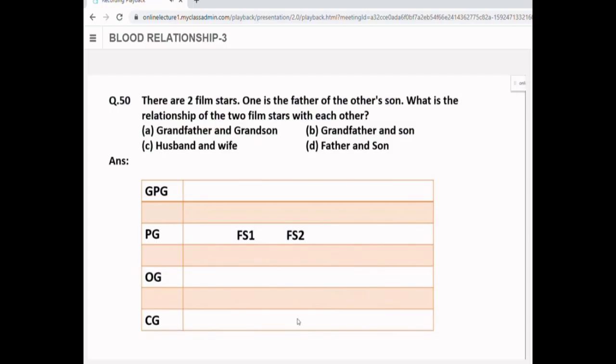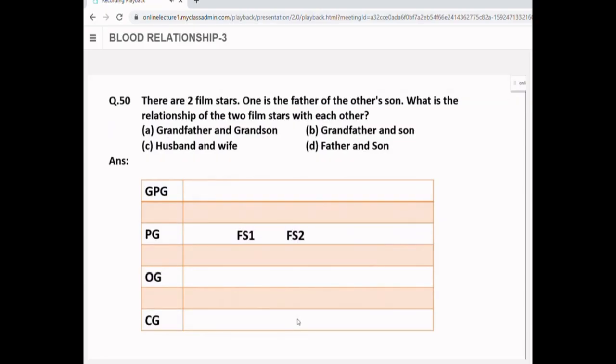Two flame stars. So FS1 is flame star 1, FS2 is flame star 2. Or maybe in the study material, the answer is wrong. I don't know. There is something. Study material, the answer is given as D. And so many of you give me answer as D. Let's see now what happens. Try and understand. Don't just copy.